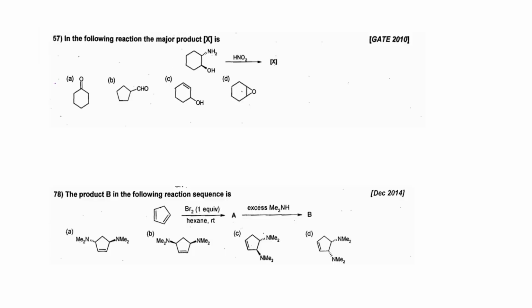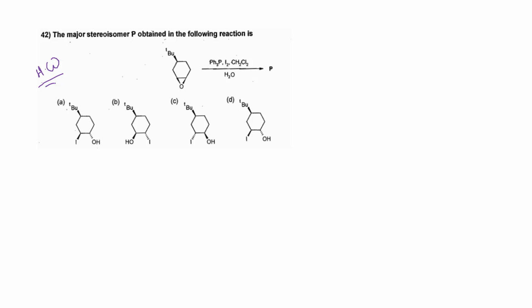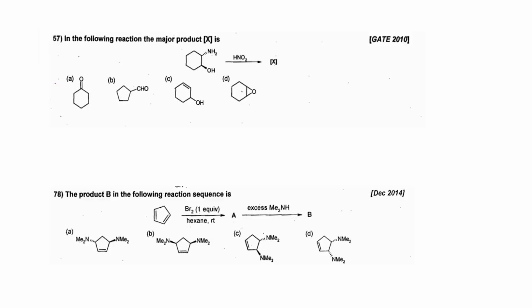So what will be the reaction in the following reaction? Understood? Everyone please note down the major stereoisomer formed in the following reaction. In the following reaction, what will be the major product X? So we know